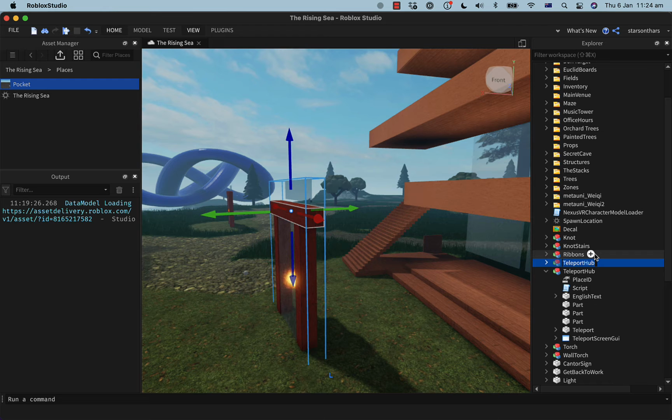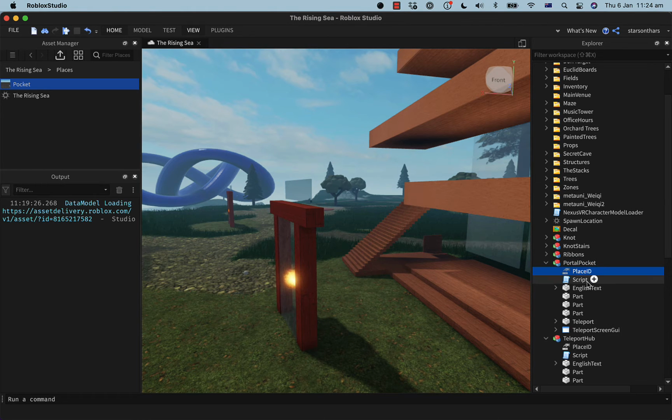Okay. So each room is a separate place. That's right. A private server, they may be the same place, like different private server copies of one place. Should be possible now.